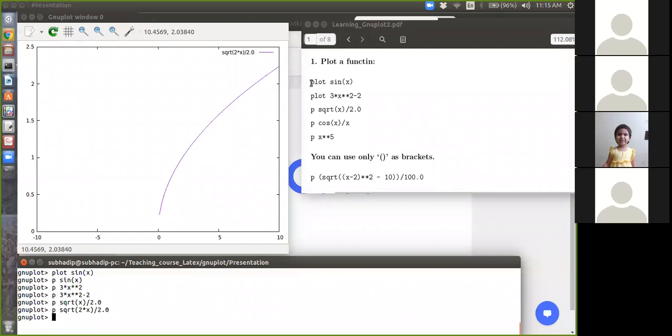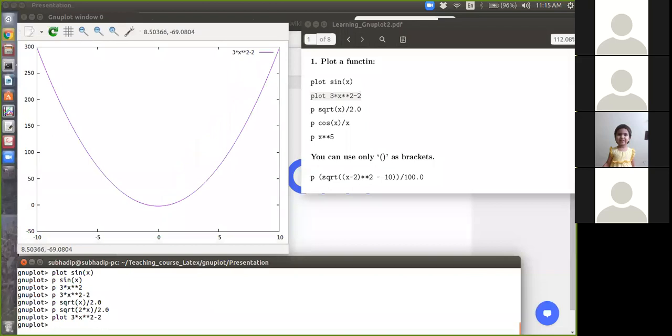So how to copy, that is very simple. You just copy from your PDF. Okay. And if you are using terminal, the command to paste is Control Shift and then V. You can see Control Shift V is the command to paste in terminal for Linux. I don't know about Windows, maybe the same. Okay.